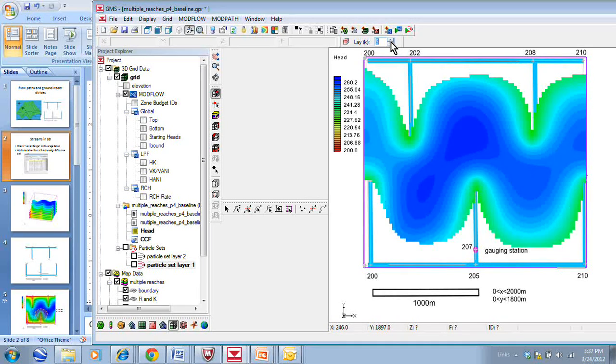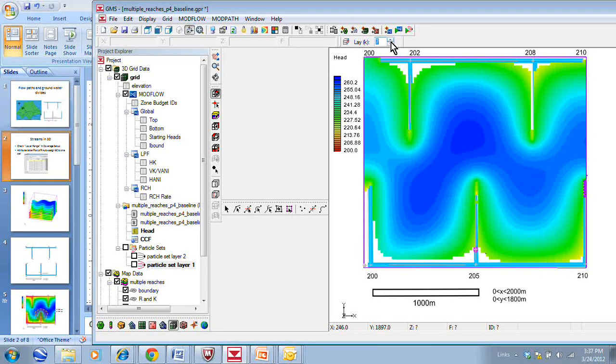I'm going to take a bit of a shortcut though and just go down to say layer 7. Layer 7, now we're deep enough so that if we go to the same level as the outflow point here, everything up gradient is all saturated. So let's just use that, and we'll use this layer, and we'll put in a new set of particles,